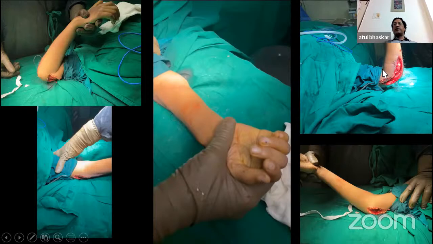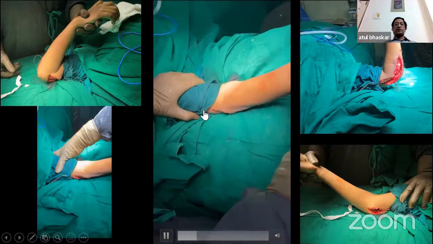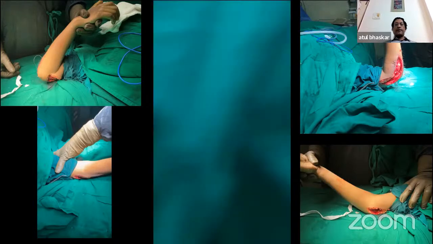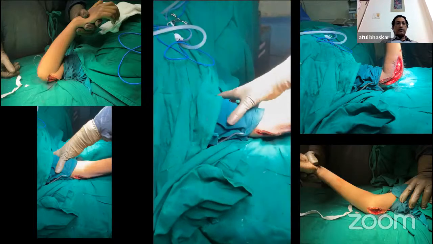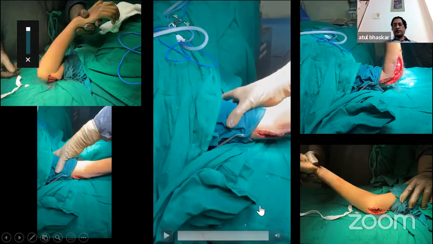So you don't try and lengthen the biceps because you will just cause more weakness. Most of the pathology can be approached from the medial and the lateral side, and you can look at the nerve. And this child had a good range on table. You can see the active video, and we could get a decent range on table, and then she was casted in it.